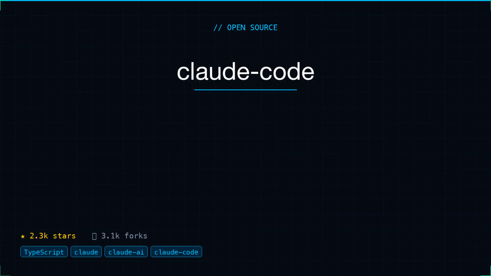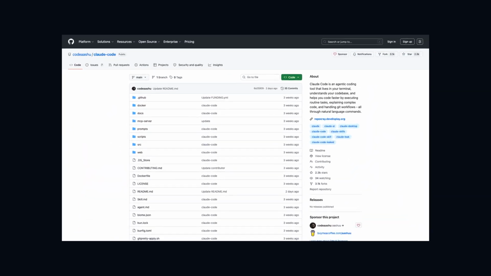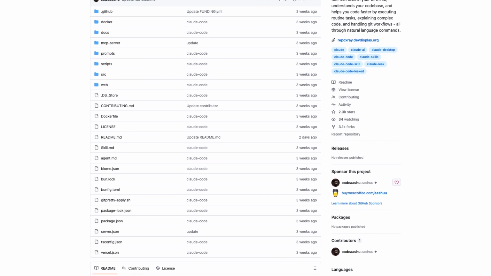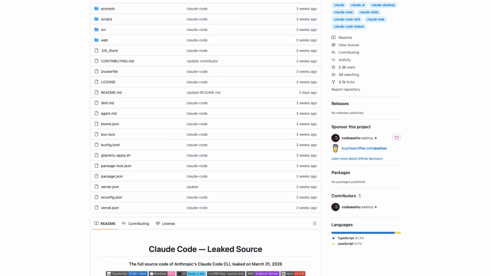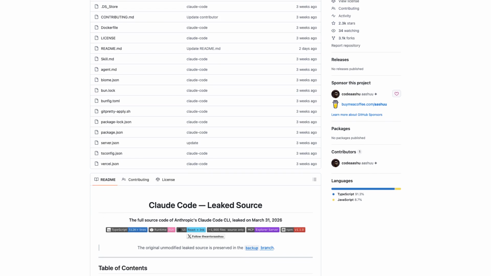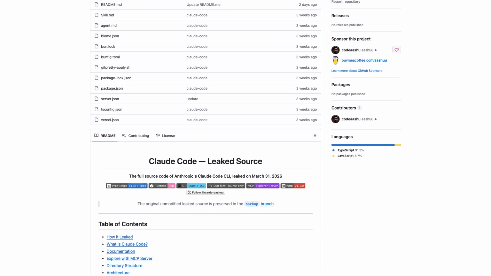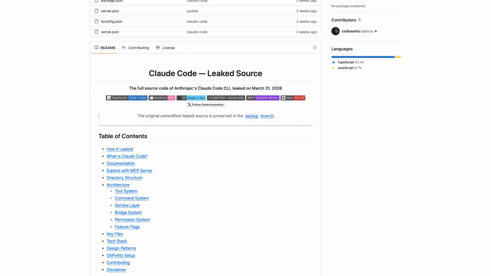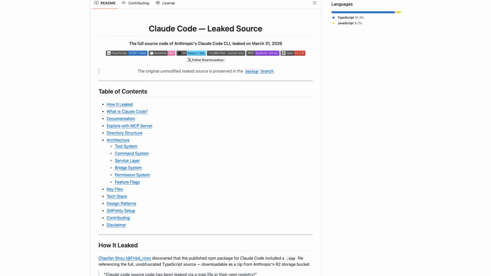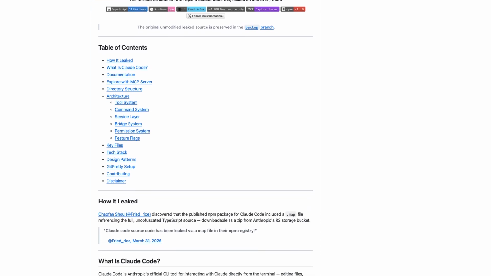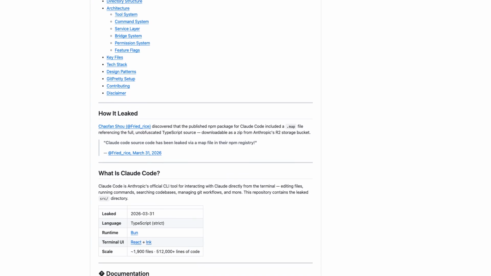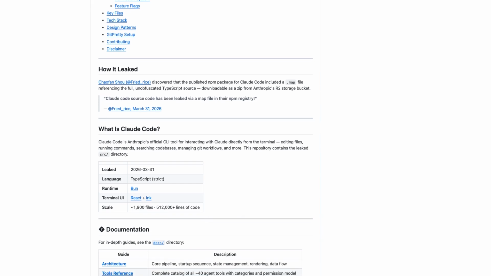Number five, Claude Code, terminal-based AI coding assistant. Claude Code is a command-line tool that brings Claude's capabilities directly into your terminal. It understands your codebase, executes routine coding tasks, explains complex code sections, and handles Git workflows, all through natural language commands. Built with TypeScript and Bun, the project comprises roughly 1,900 source files organized around a modular architecture, a tool